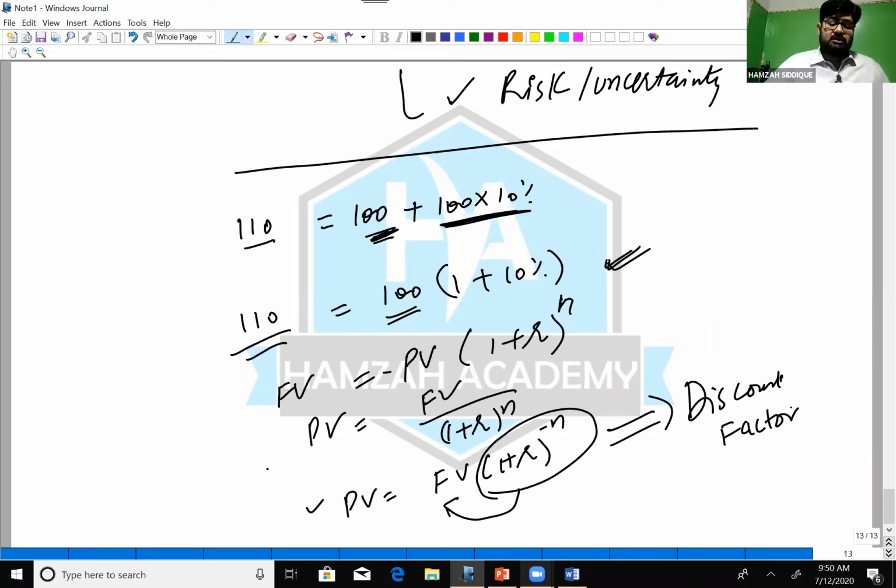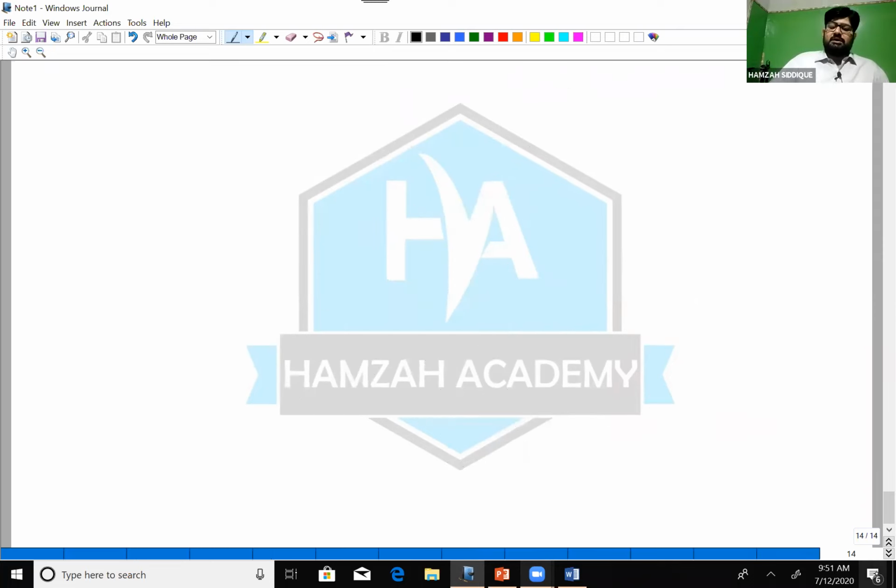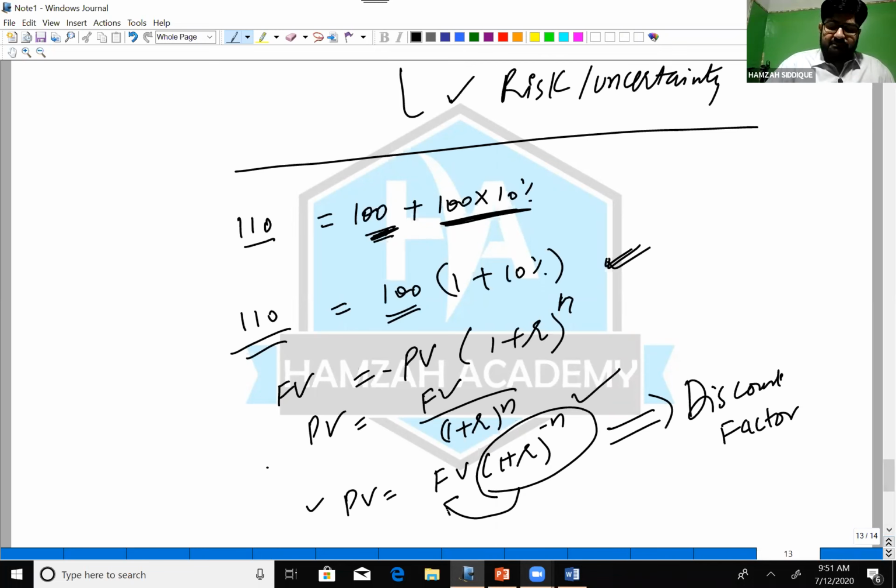And you should know this formula, but you will be given a discount table in the exam, which you can utilize to solve your question. Students, the discount factor is used to convert any future amount into today's value, in today's worth. It is also called the present value factor.